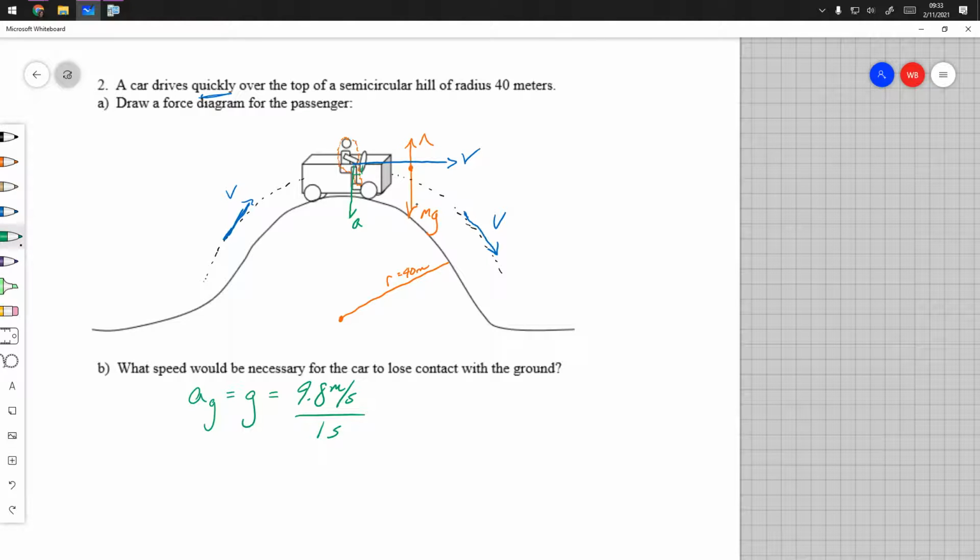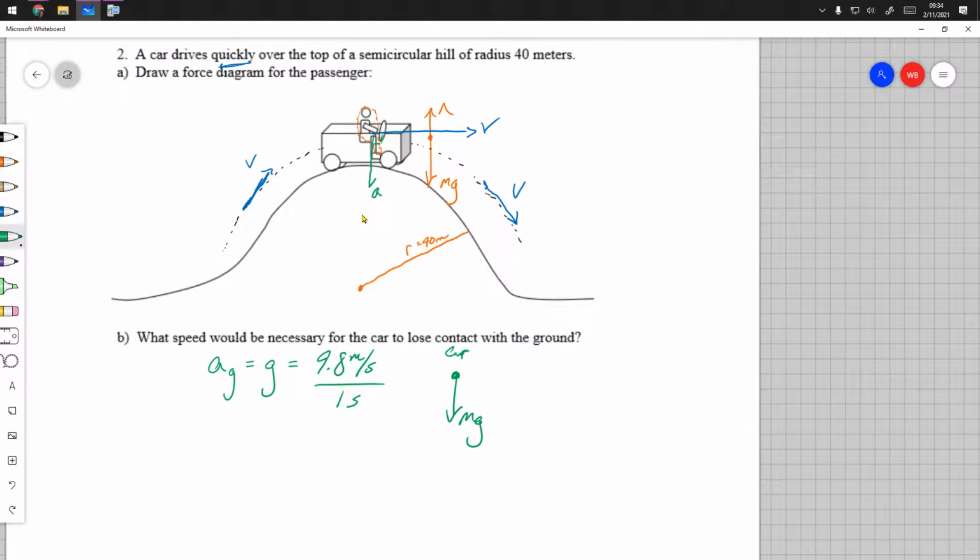That means that for the car here, this is my car now, for the car to lose contact with the ground, you'd have the force of gravity on the car, and that's it. Well, the only way that's true is if the ground isn't getting in the way. Or maybe another way to say that is, we know that the car must be accelerating. What if the force of gravity, if the ground wasn't there, would cause this acceleration? What if that acceleration was this value? If that was the acceleration needed to go around this corner here, well, then